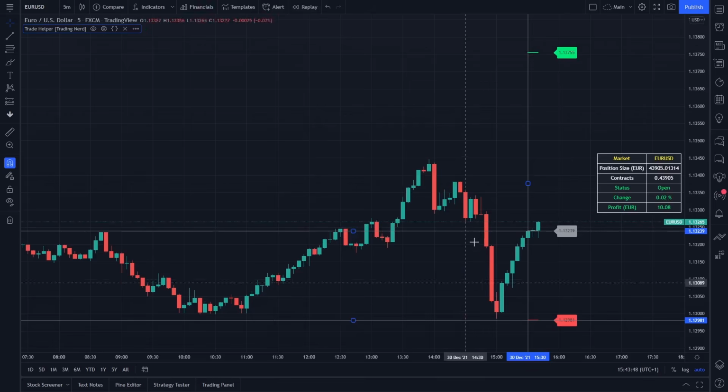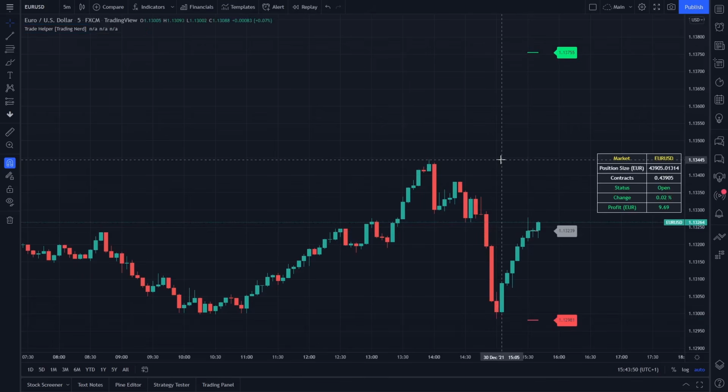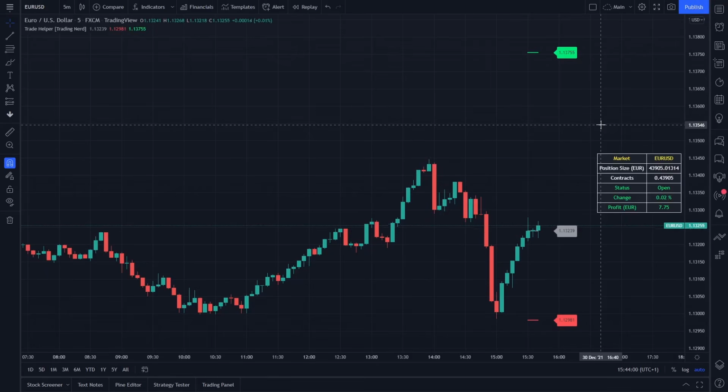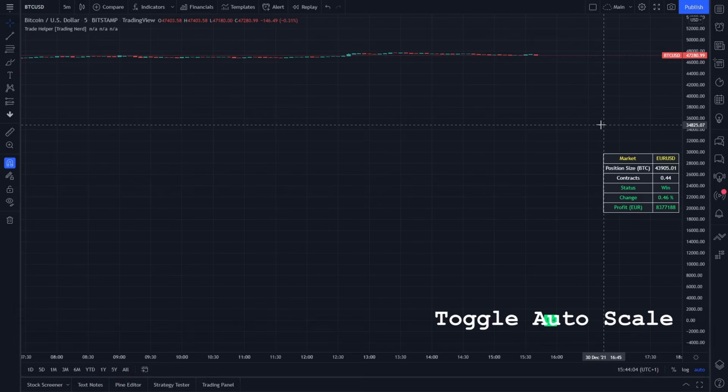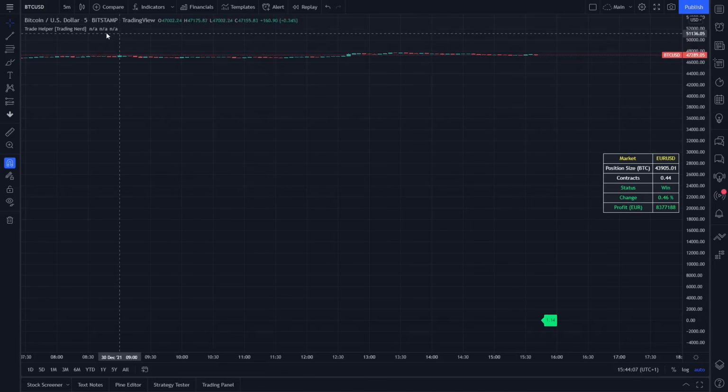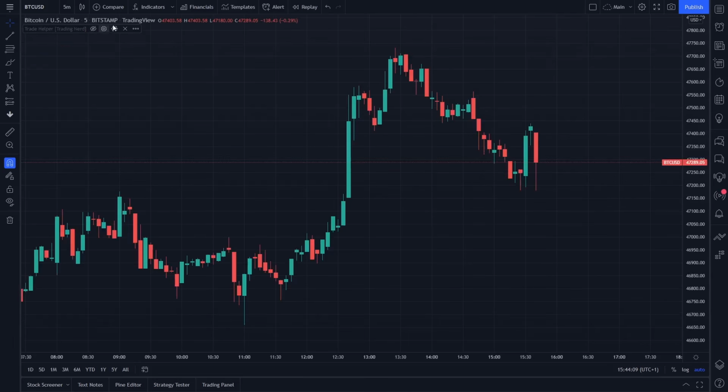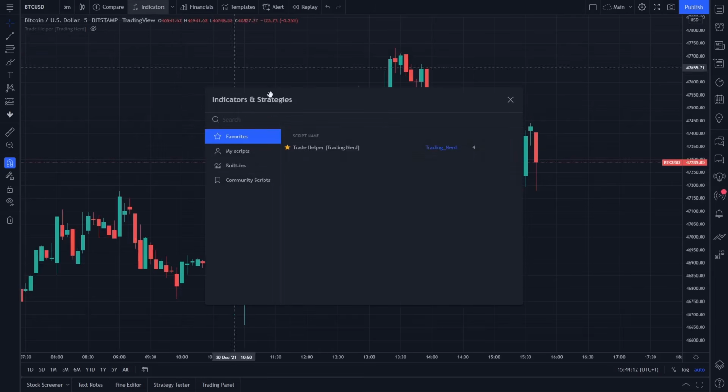As we already saw, if we have a market defined, this will show at the first line of the table. If we now want to trade, for example, BTC USD, we can go to this chart. If we have the autoscale activated, the chart will look like this, because the lines of the Euro USD trade need to be also in the view. But we don't want to remove the indicator with our defined settings, so we just hide this one and apply it to the chart again.